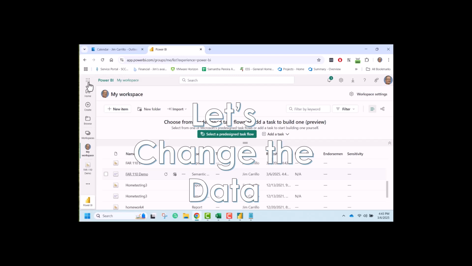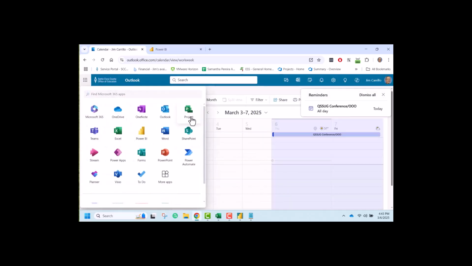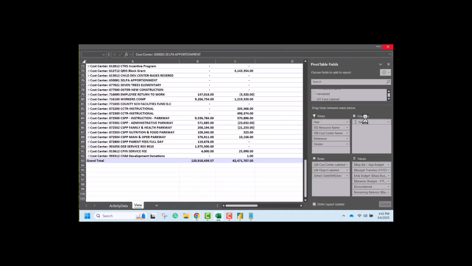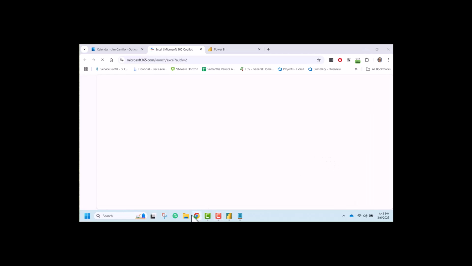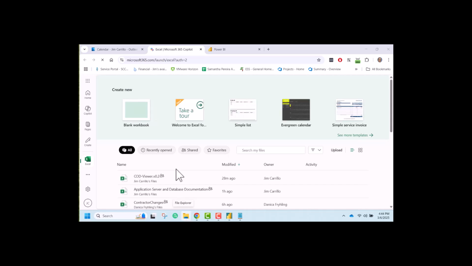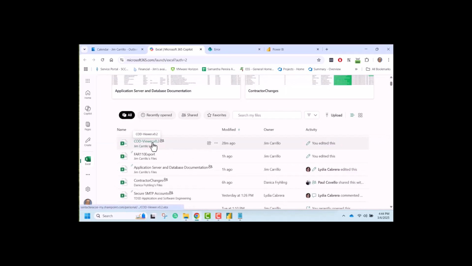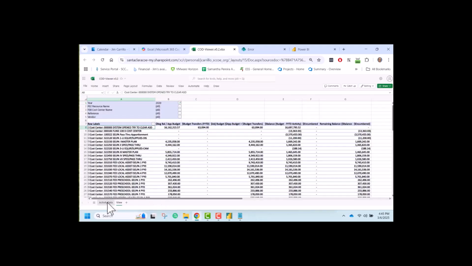All right, now we're going a little bit crazy. We're going to actually change the data and see if our Power BI report is linked to the data correctly. So this time I'm going to do this in Excel, but I'm going to use Excel Online because I was afraid that the syncing wouldn't happen fast enough with my desktop. It's nothing spectacular. I'm just working online. Going to this file that we were working on, and I'll go to the Activity tab, Activity Data, and I'm just going to copy all of the data for